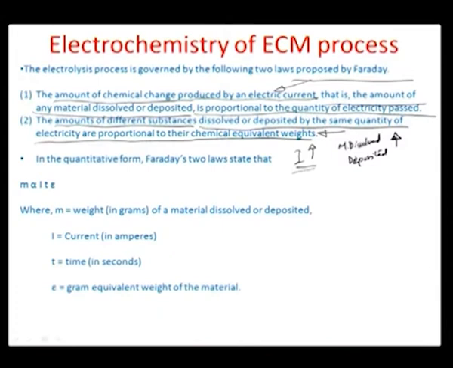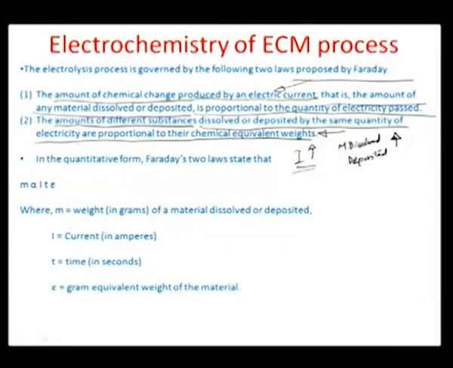a function of the total atomic weight and also a function of the valency state in which it has to be moved. So if it is moving by +2, the chemical equivalent weight would be the atomic weight by 2, and so on and so forth. So it's a function of the valency at which the ion is coming out, and also a function of the atomic weight. So the amounts of different substances dissolved or deposited by the same quantity of electricity are proportional to